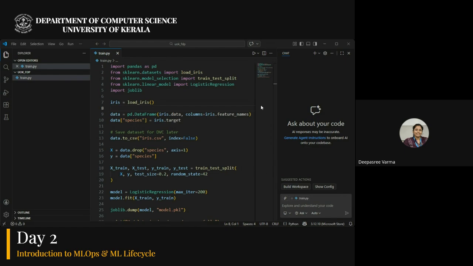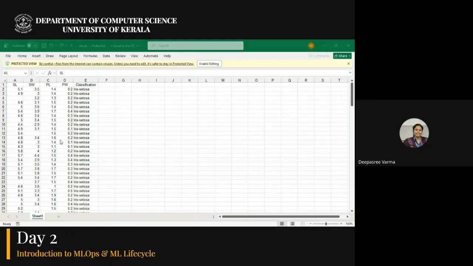So let me just show you Iris. This is the Iris data. For those who are not familiar, this is data regarding a flower. Iris is a kind of orchid, a kind of flower.